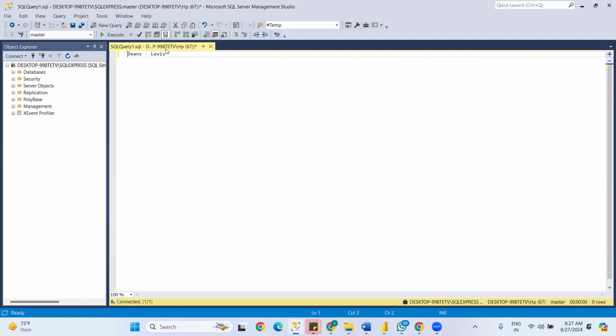To check here, there is a space here. See here, one space is there. One space is there. So in SQL Server also,